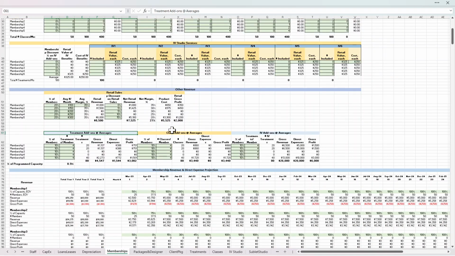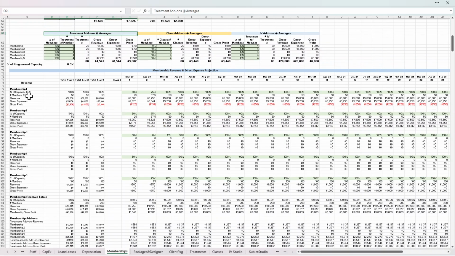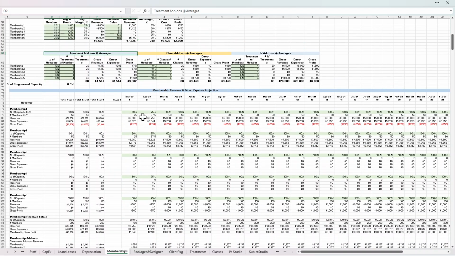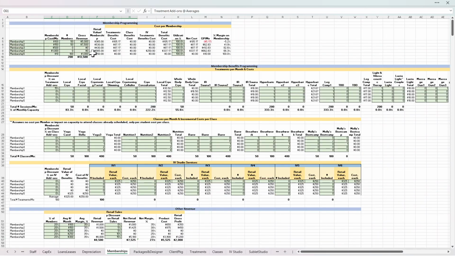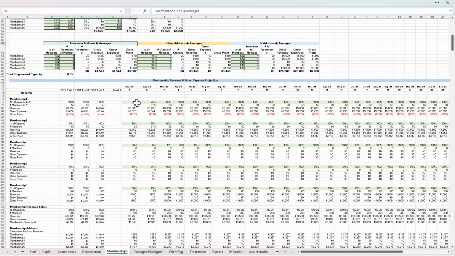And then it takes all of this information and runs out a projection based on membership type and that programming, what your revenue is going to be from each of those as you ramp up to achieving your goals of how many of each type of membership that you wanted to sell. Okay, so this is where you would set how many memberships you want to sell, and then down here in these green fields, you're basically programming in what percentage of those memberships have you sold in that particular month, and